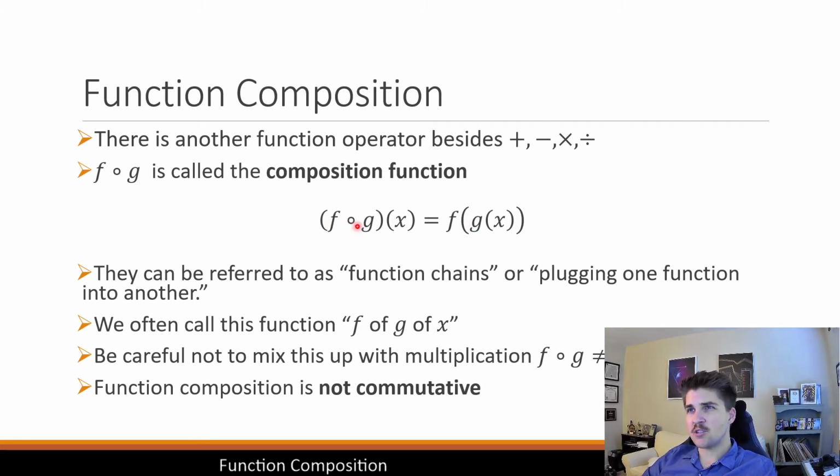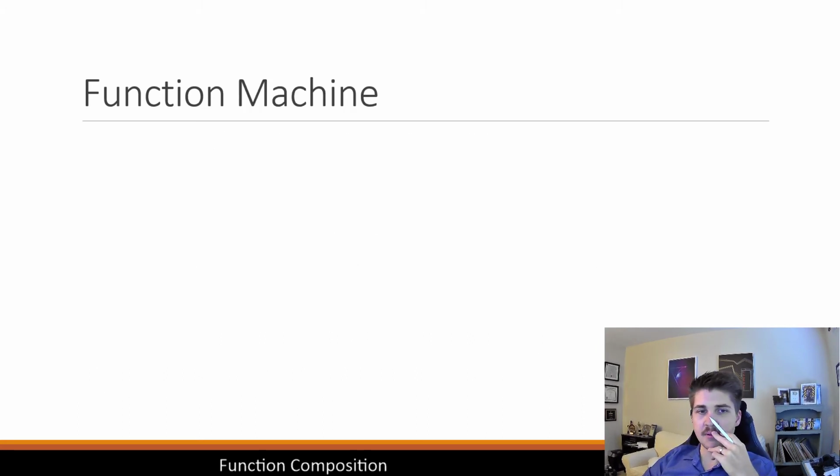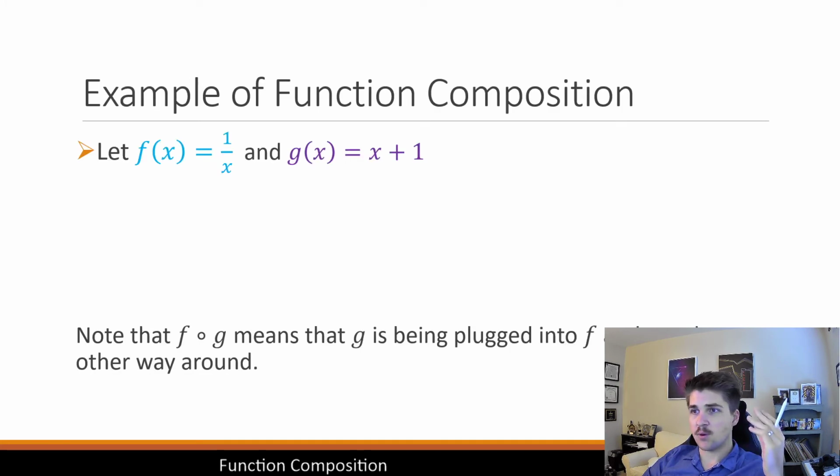And also, if you were to reverse the order and do g of f, it would not be the same thing because they're not commutative. And we'll look at that as we work on our first example. And to sort of reiterate what this looks like based on the function machine metaphor,